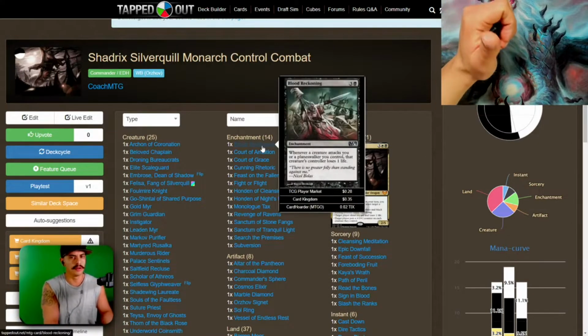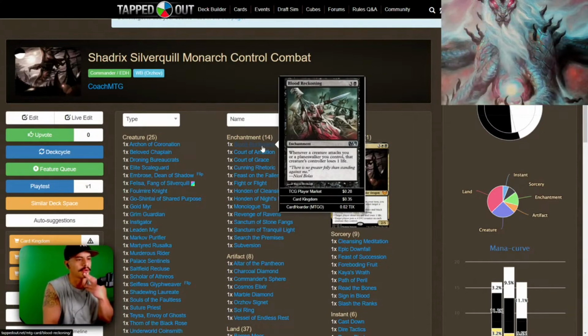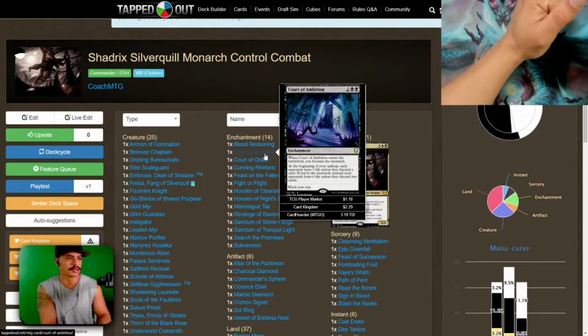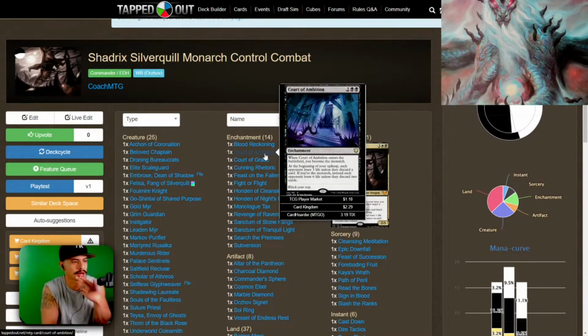So we have Blood Reckoning. Whenever our opponent attacks us, they lose 1 life. And then we have this, which is going to give us the Monarch. This is $1. It's $2.29 at Card Kingdom. But Court of Ambition is going to force people to lose life and discard cards,